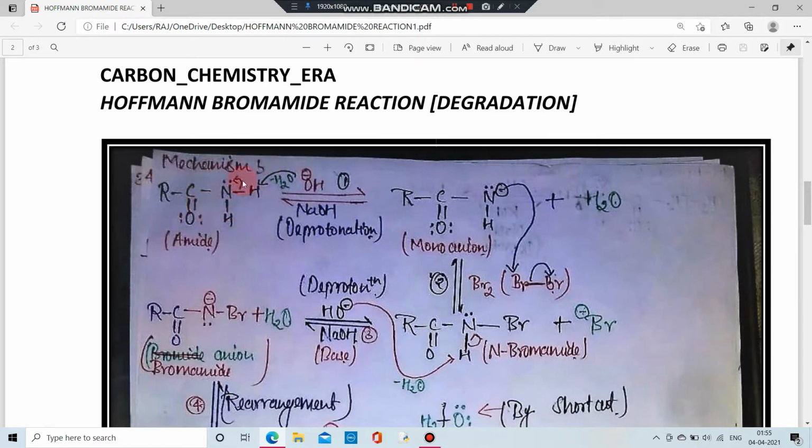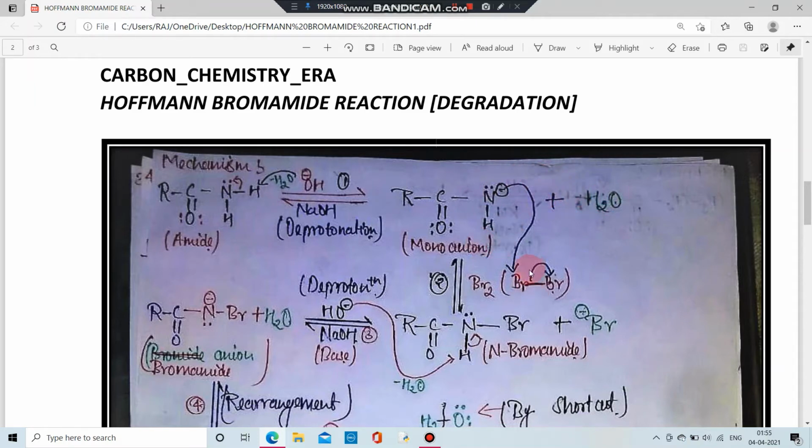So we have taken an amide as the reactant. Now in the presence of base, the hydrogen on this nitrogen is always acidic in nature. So the OH minus is going to attract the hydrogen from this NH bond, and this NH bond is going to break, leaving N minus. So we can say deprotonation of the amide takes place. There is formation of N minus H, and the water molecule is formed from this OH and the NH bond break. So look, the water molecule is taken outside.